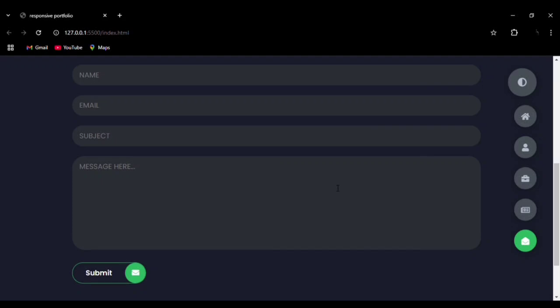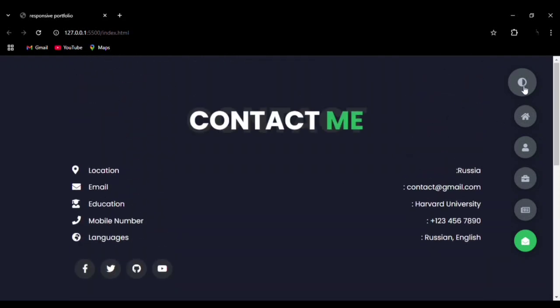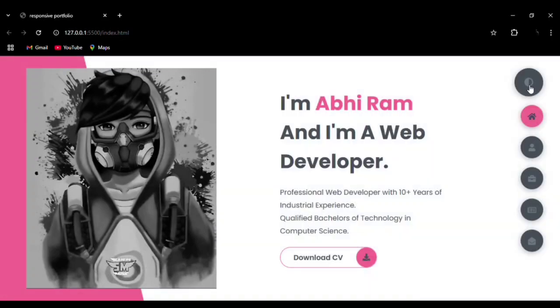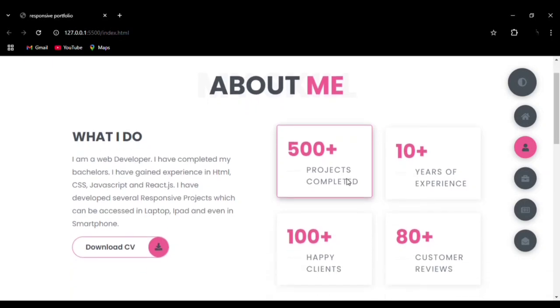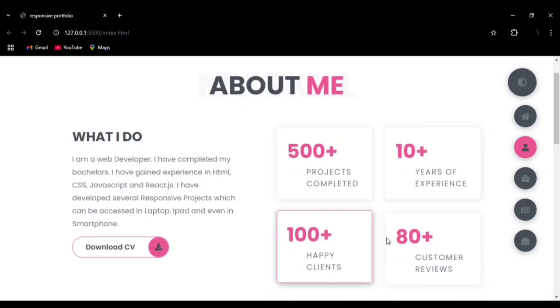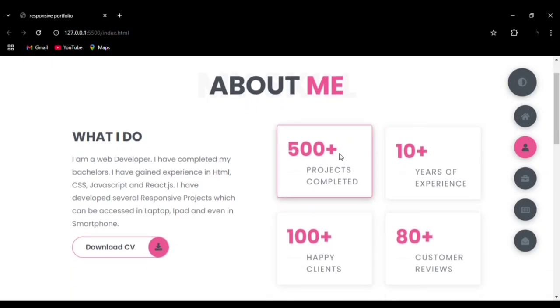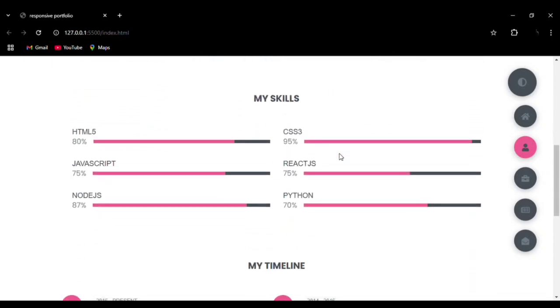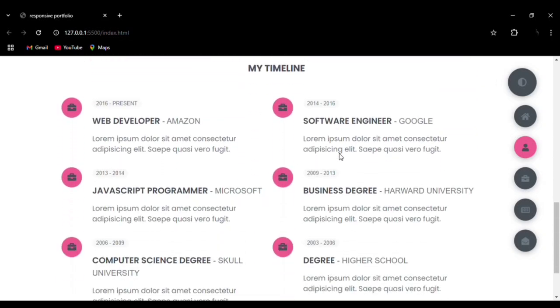You can see this website is entirely responsive with light and dark mode integrated in it. Now this is the light mode. You can see the smooth transitions. You can see the box shadow effect for this customer review project work, how they look like a 3D icon. You can see the skill section, then timeline,